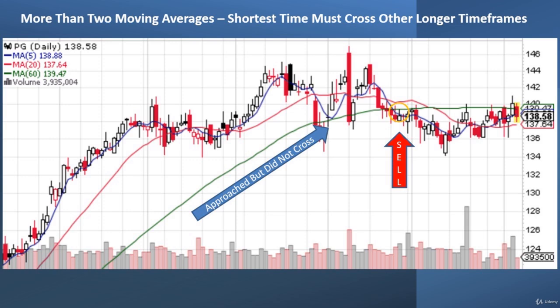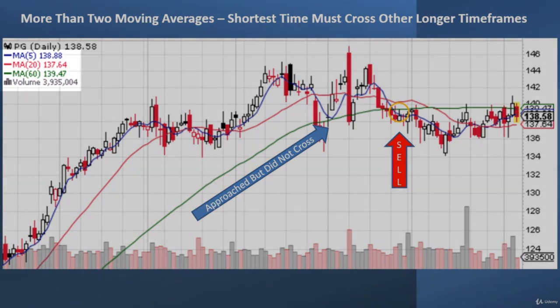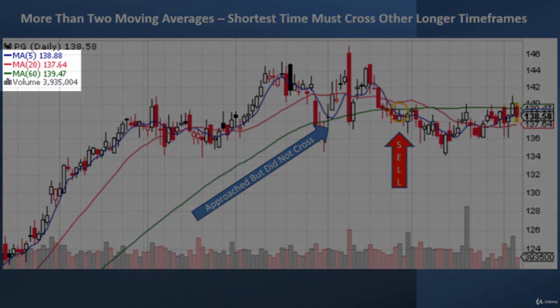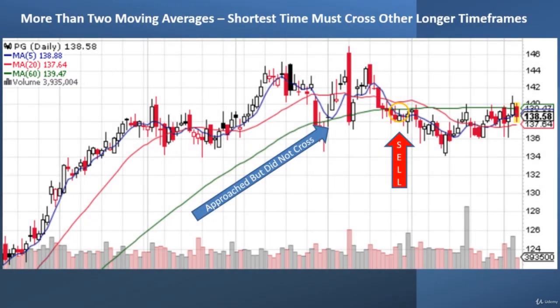You could say, okay, I want my shortest time frame. It'll always be the shortest time frame. And let's say I've got the blue at 5 days, the pink at 20 days on this chart. And then I've added a simple moving average of 60 days, right? So you can see to the left how there's a lot of daylight between the blue and the pink. But if you look between the blue and the pink and the green, there's a lot of daylight even between them. And you can see how if we follow that green line going up and where that blue arrow is saying approached but did not cross, we go all the way across that chart for a long time frame